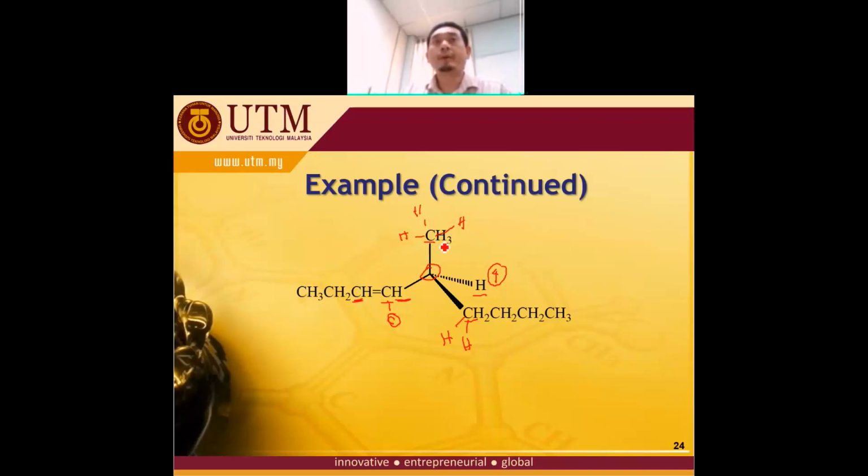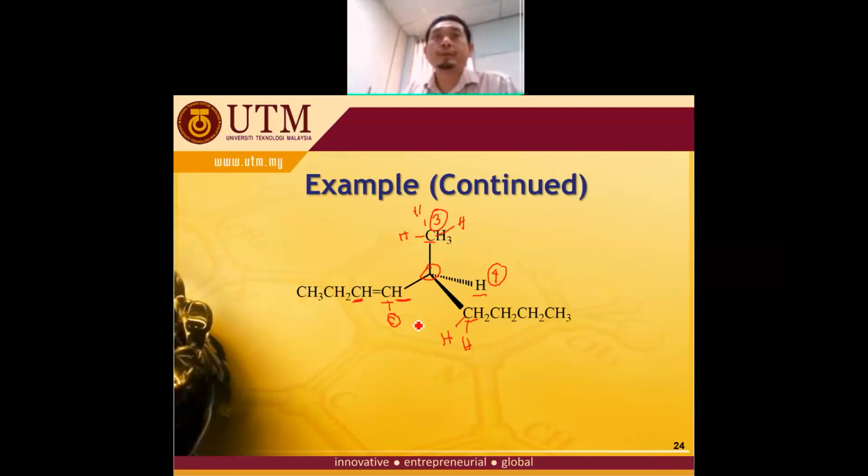Okay, so this group, hydrogen, this number 3. This goes to priority number 3, because the highest atom attached to the carbon is hydrogen. Okay, these two stay a draw. If it's a draw, we look at the second highest